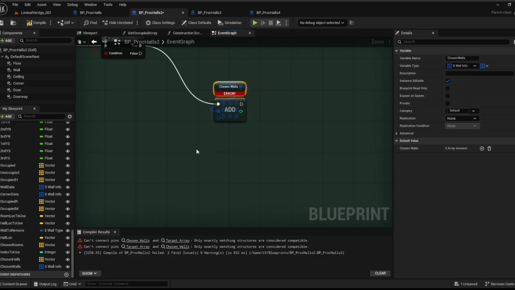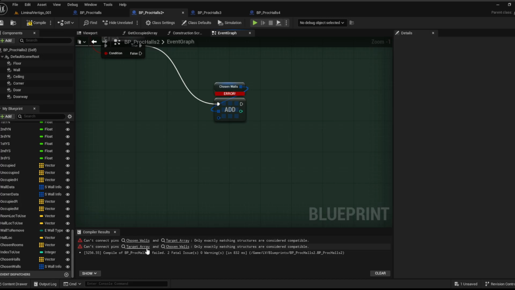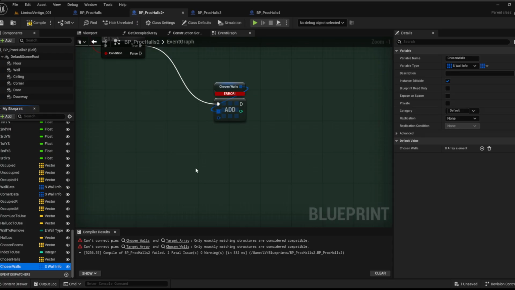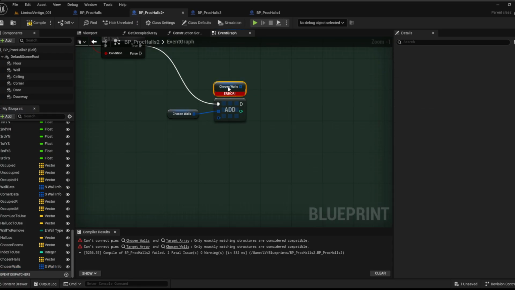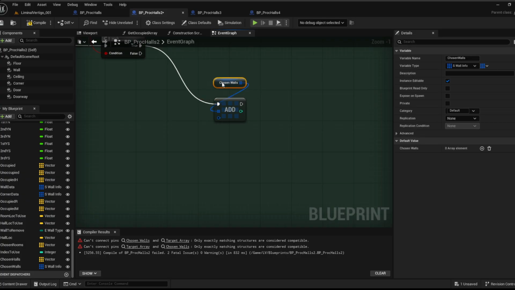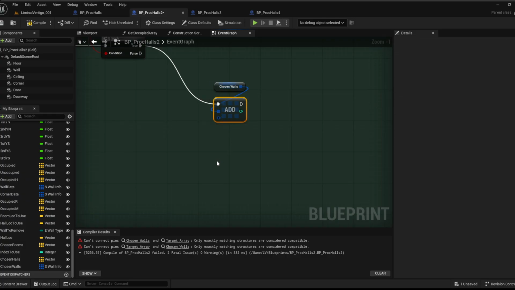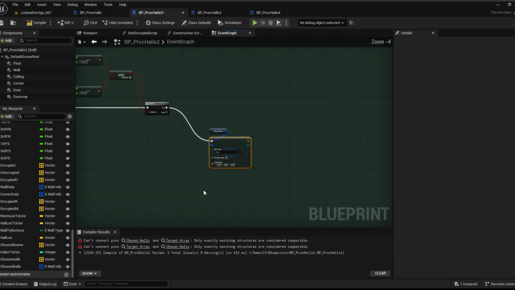What's up with you? Why are you giving me an error? Chosen walls and target array only exactly match structures. Only exactly matching structures are considered compatible. Fine. Let's just do that again then. Also, let me split this to fatal issues. Chosen walls, target array, chosen walls. Alright,